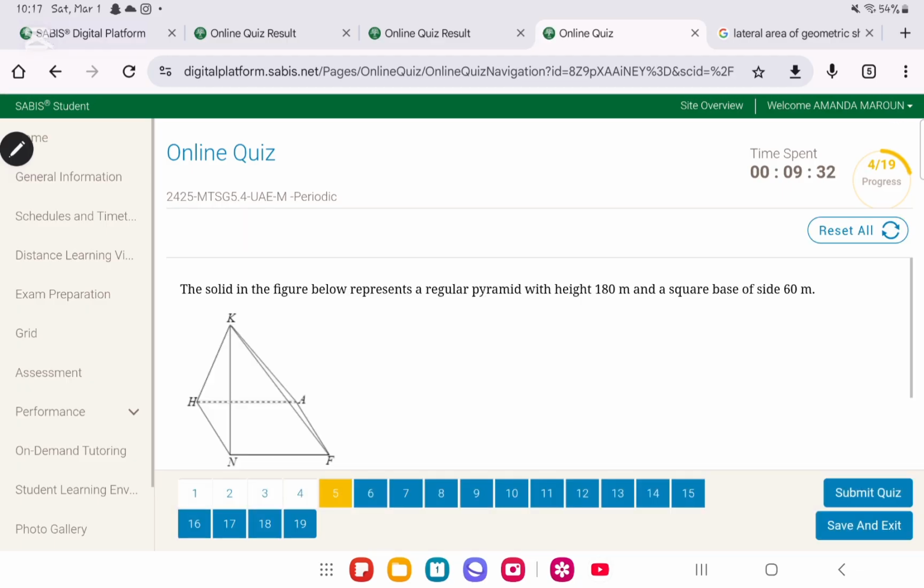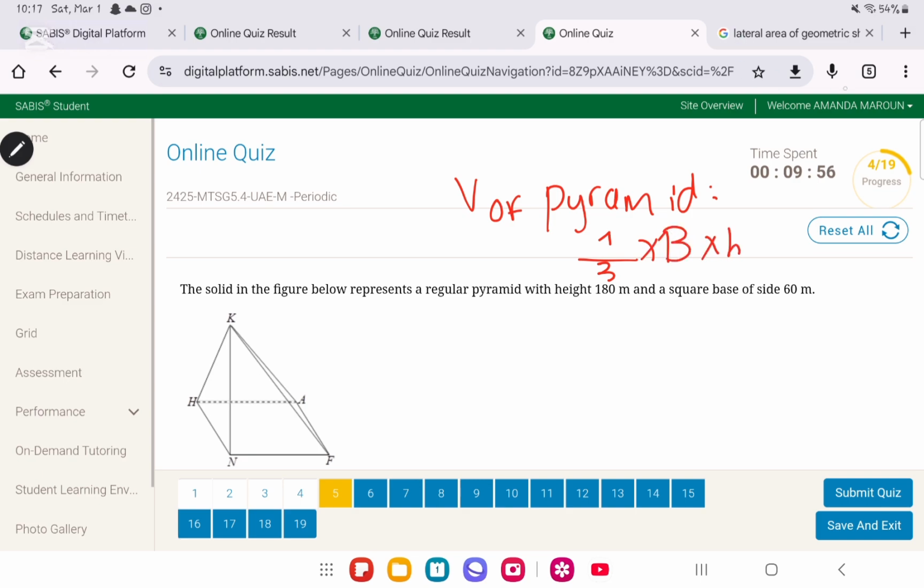Again, the solid in the figure below represents a regular pyramid with height 180 meters and a square base of side 60 meters. Here they also need us to find the volume. So very simply, the volume of any pyramid is 1/3 times the area of the base, denoted by B, times the height, denoted by H. They told us that the square has a side of 60 meters, so because it's a square, all sides are 60 meters. And then the height, which is the perpendicular distance, always remember the height is the perpendicular distance,